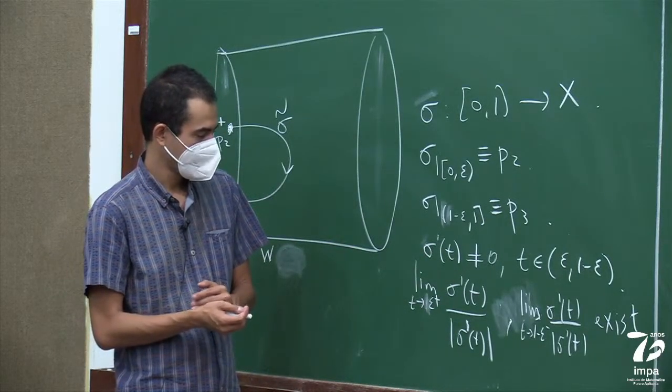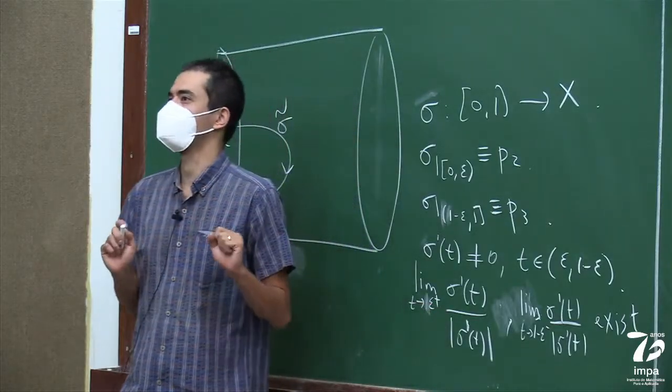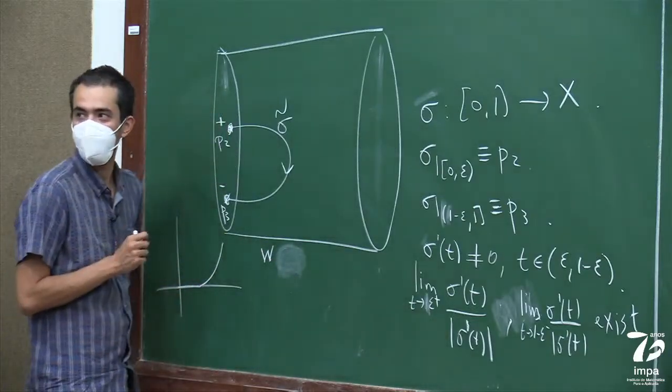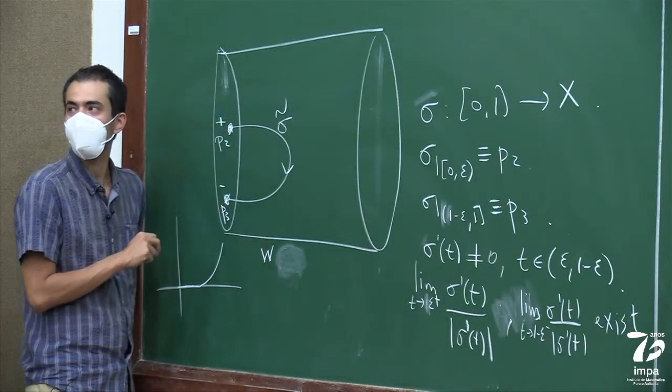Oh, no, that's OK, because I have a Riemannian metric. So I can divide by the norm. And this is not in Rn. This is in the tangent space of X.